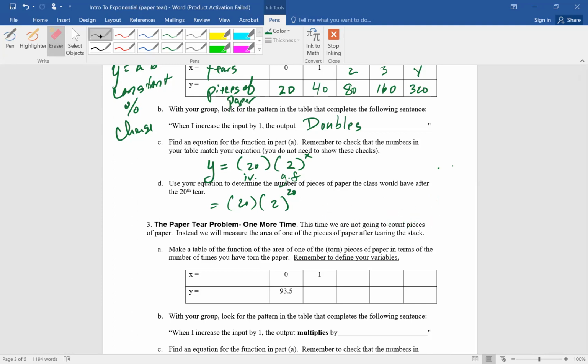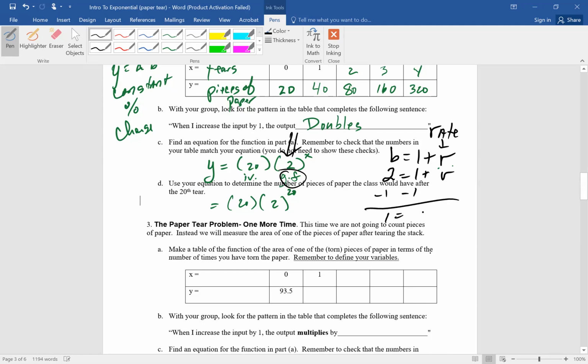Now, something important to know about this growth factor here. The growth factor, B, is made up of 1 plus the rate of increase or decrease, or I call it the rate. In this case, my growth factor is 2. And if I wanted to solve for the rate, because that will be the question on your midterms or your finals, or how people talk when they talk about exponential functions, this is that third quantity that makes up the B. The rate is the thing that's going to tell you if your function's increasing or decreasing. Again, you'll hear me say this in the next videos, but if I subtracted 1 from both sides, my rate would be 1,